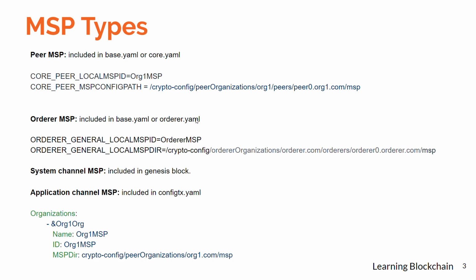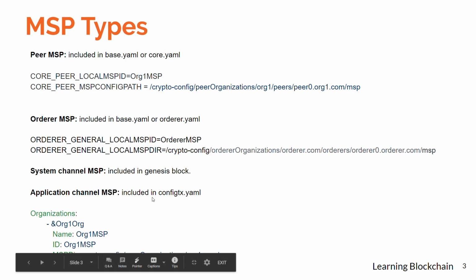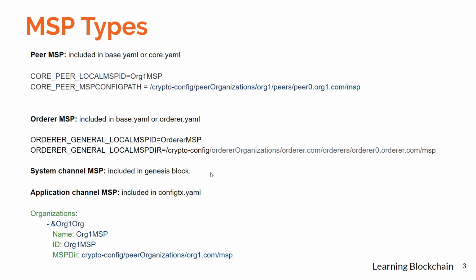Next is the application channel MSP. Application channel MSP means it is the user defined channel. Whenever we create any Hyperledger Fabric network, we first need to create some kind of channel, and that channel configuration is present in a specific YML file called configtx.yaml. In this configtx.yaml, I have given one code snippet just below. You can see that there is an organization, and there is a name of the organization like Org1MSP, and there is an ID Org1MSP and the MSP directory. So in this way, in the